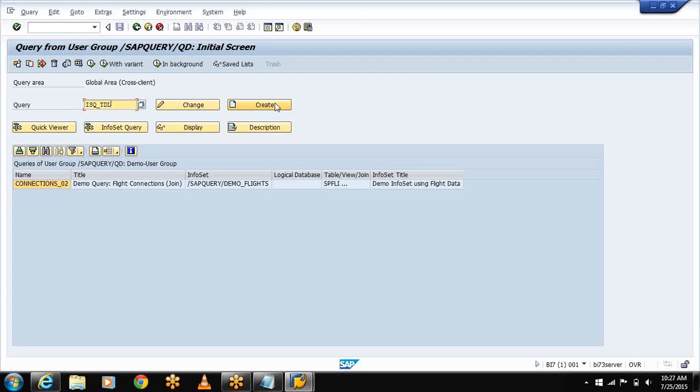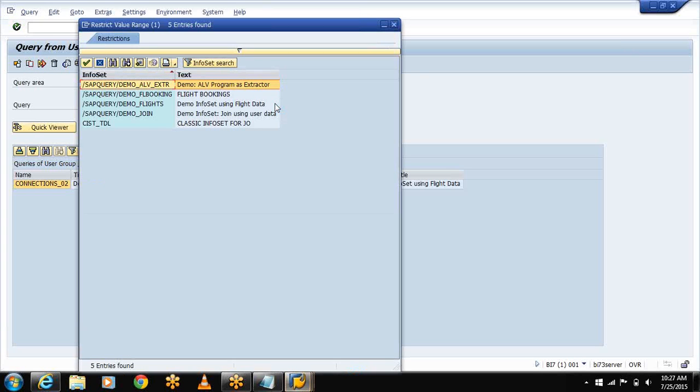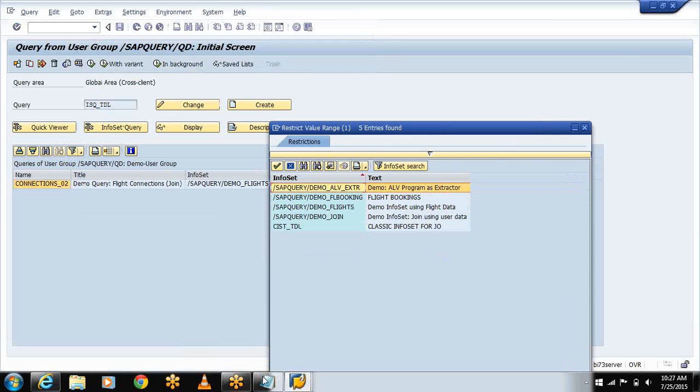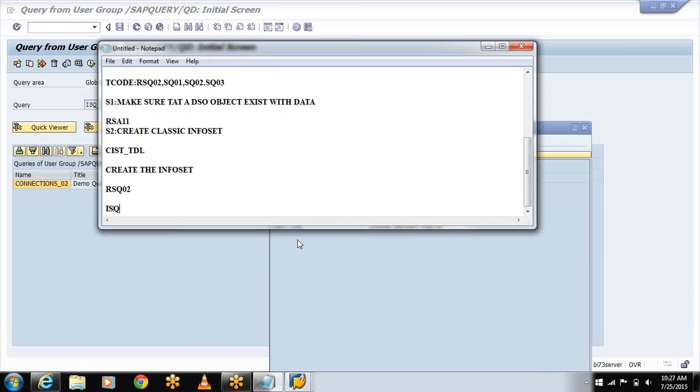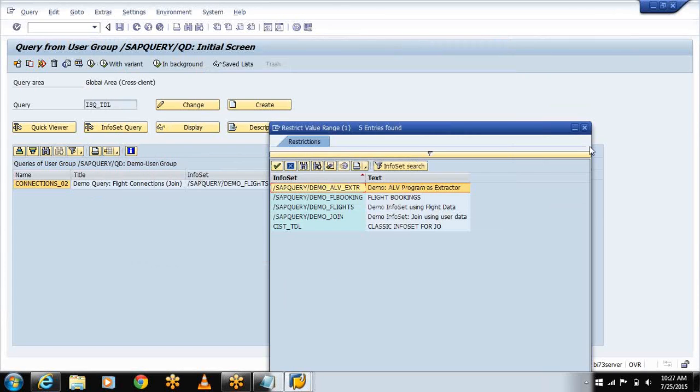Select create the query, okay. What is my query name? Let me check it once. ISQ_TDL, okay, this is my query name. Now I had created the query as ISQ TDL,